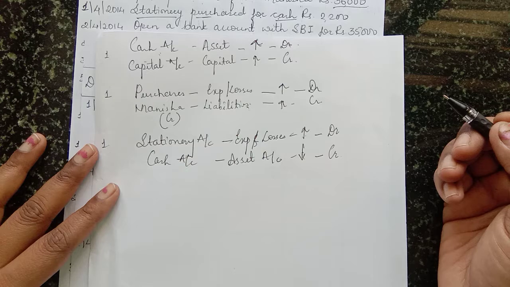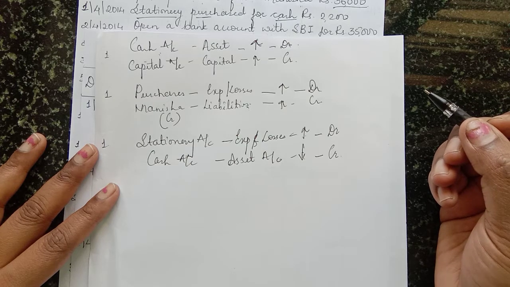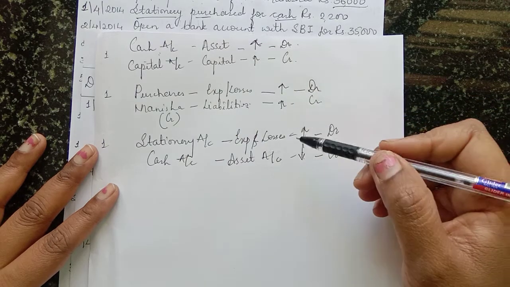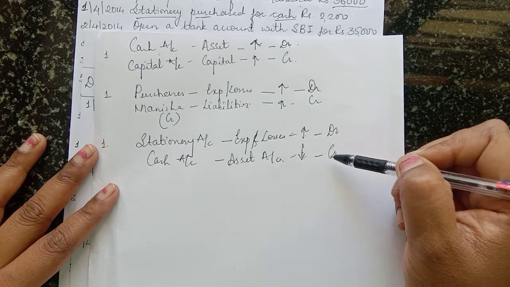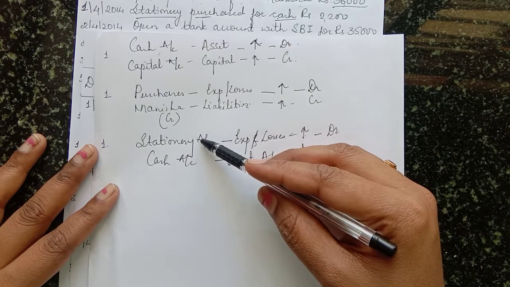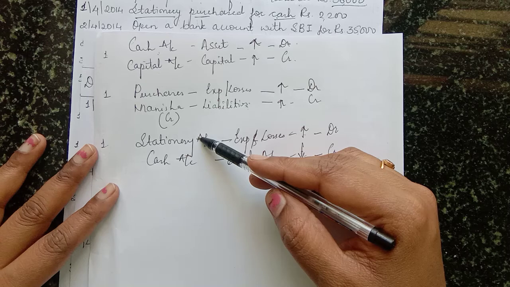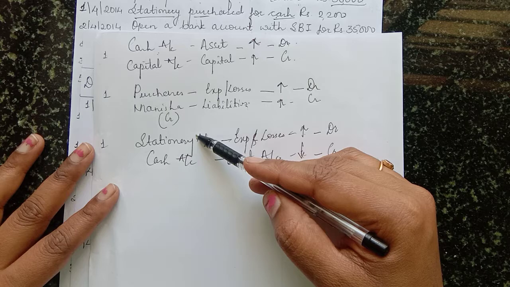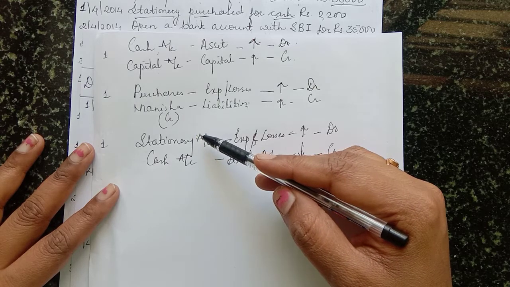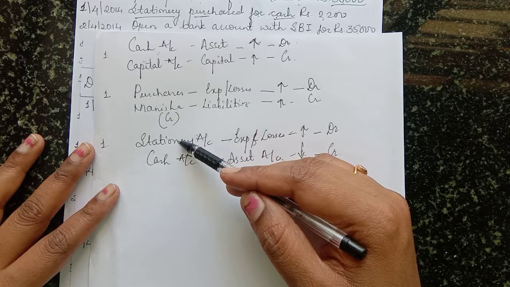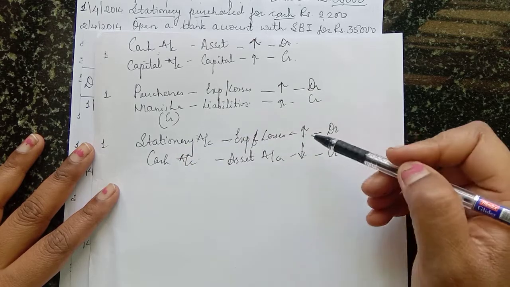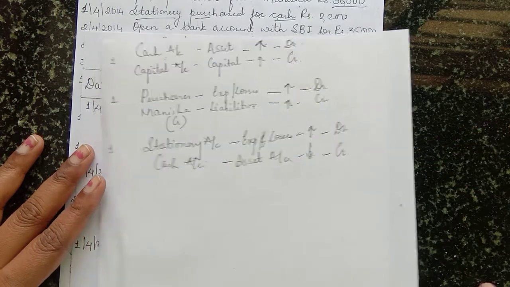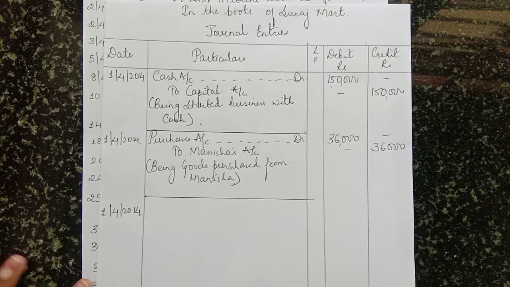Okay. So one more hint I will give here. When you purchase some stationery, when you incur some expenses, your cash account is credited always. I had told, when cash is going out, cash account is credited, and whatever expenses are there, stationery account, traveling expense account, salary account, rent account, commission account, paid salary, paid stationery, like this, that time name of that account to cash account you have to do. So here what is the journal entry? Tell me. Stationery account debit to cash account, right? So I'll write the journal entries here.